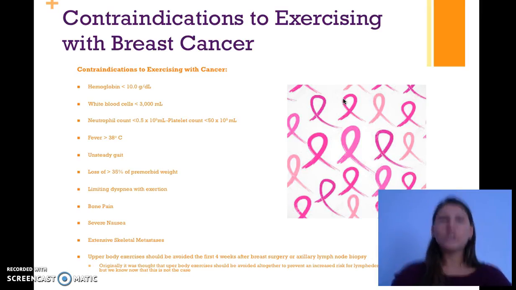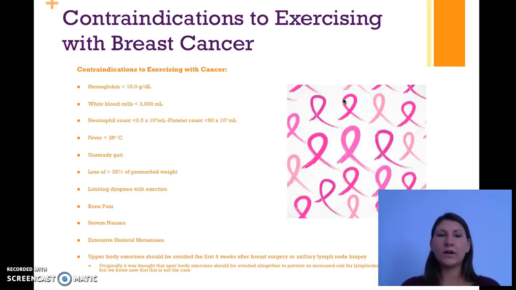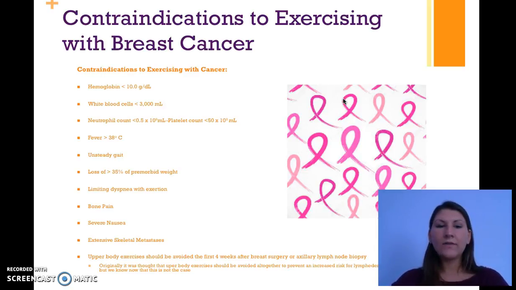So contraindications to exercising with breast cancer, there are several. Having a hemoglobin less than 10 grams per deciliter, having less than 3,000 milliliters white blood cells, having a neutrophil count less than 0.5 times 10 to the ninth, or platelet count less than 50 times 10 to the ninth milliliters, having a